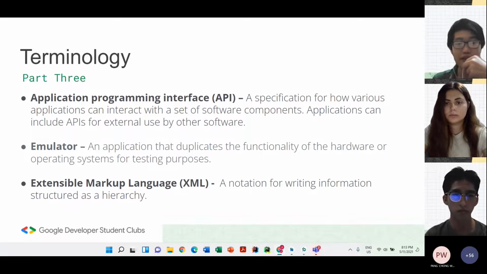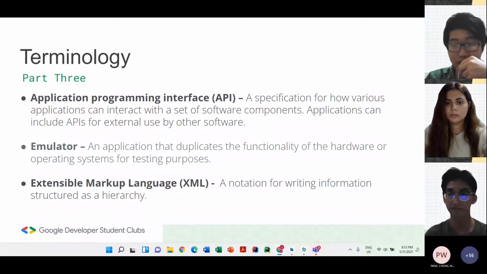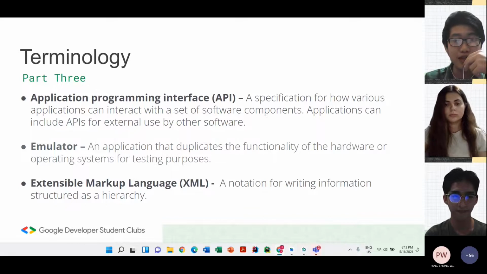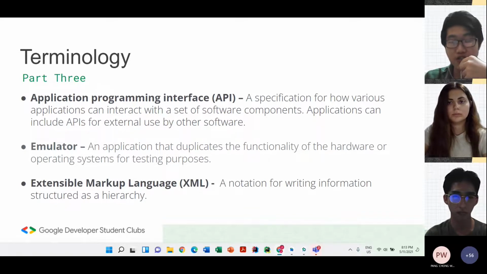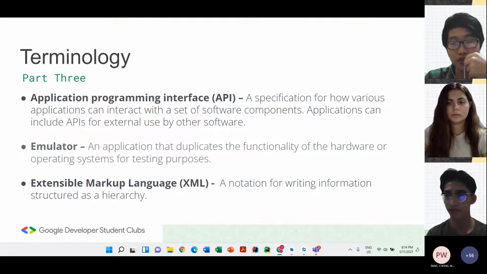Emulator. It's an app that duplicates the function of hardware or OS for testing purposes. I believe many people here have seen simulator games. You have Surgeon Simulator, Goat Simulator, and whatnot. Even a Bread Simulator. An emulator is a professional or serious version of a simulator. In this case, Android Studio uses the emulator to create an Android phone on your laptop or your PC.